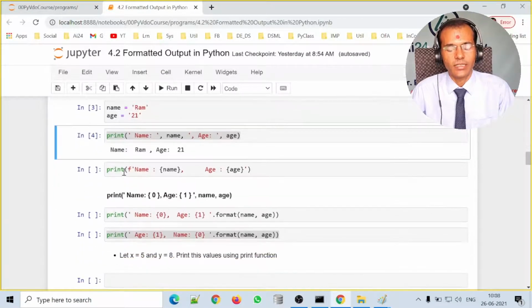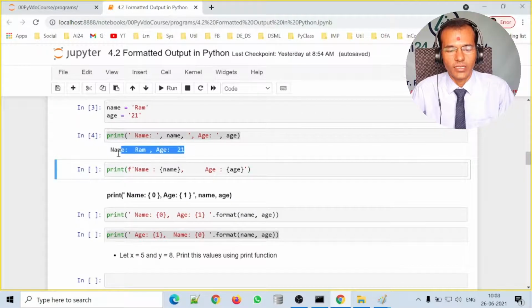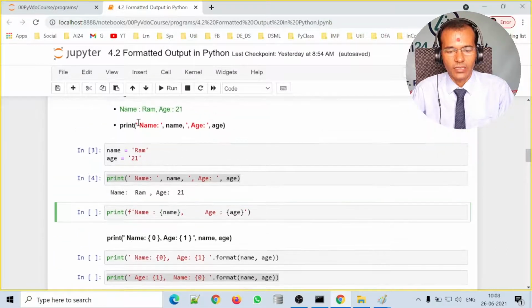Here is a second way of printing the output in the same format. Over here we start with the letter f within the print function, and then we have the complete string within single quotes. First we have the string name colon, and then the variable which contains Ram, enclosed within curly brackets.